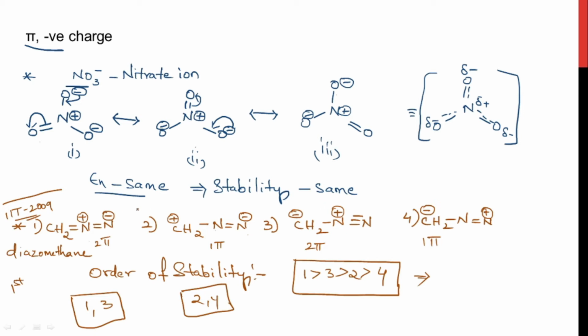So this was asked in the IIT paper 2009. So most of the times when the question is regarding resonance, they preferably ask about the stability of resonating structures. So practice more examples on this concept, right? Next we'll see the other category where pi bond and a free radical are in conjugation with each other. This is our example. We have to write the resonating structures for this molecule and also write their stability order, right?